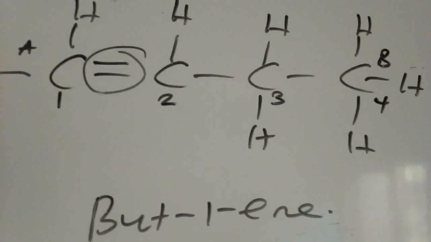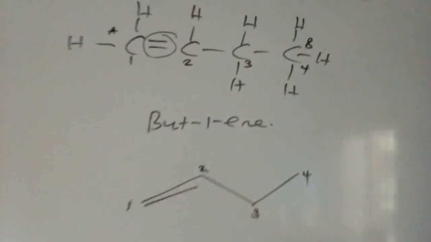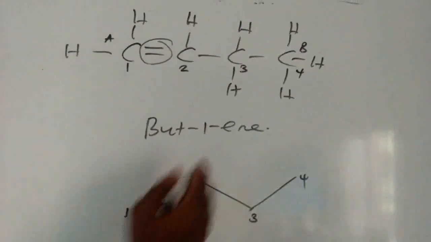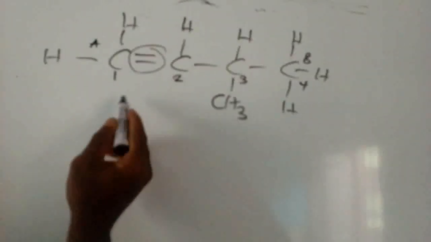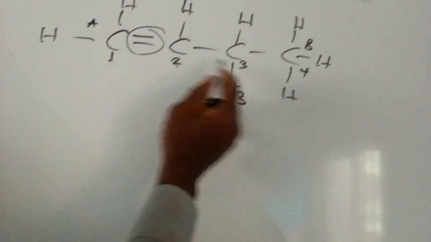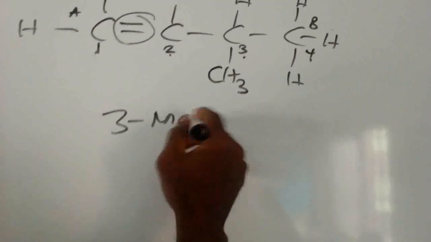So how about that structure? I'm going to draw on the board and then see. Let's say we have 3-methyl but-1-ene. Maybe I have a methyl group here. I didn't put a methyl group before, so this compound will change its name. When numbering, start from this end, close to the double bond. 1, 2, 3, 4. So this is called 3-methyl